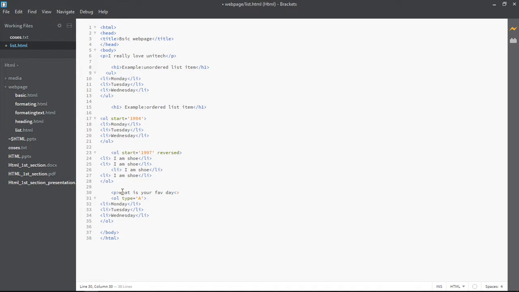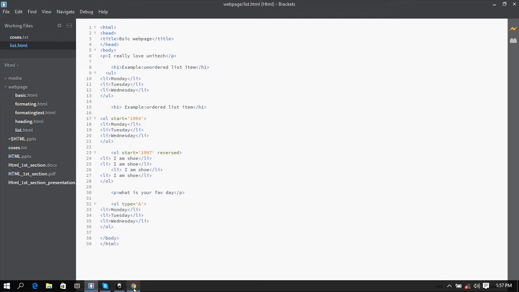And then let's close our p tag. Now you can see me saying, what is your favorite day? I've shortened it, and then you can see the OL, and I'm passing a type attribute and giving it A, and you can see Monday, Tuesday, Wednesday being listed below. So I'm just going to save my work, Control plus S,